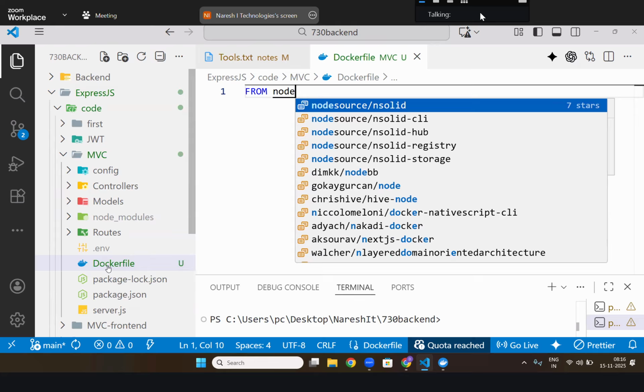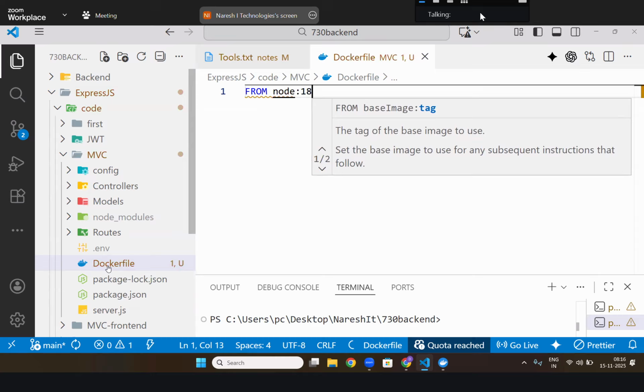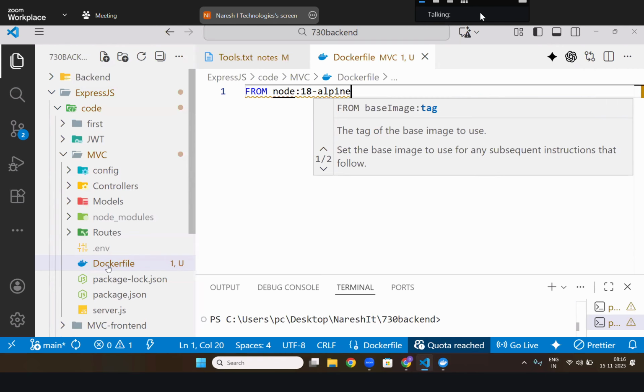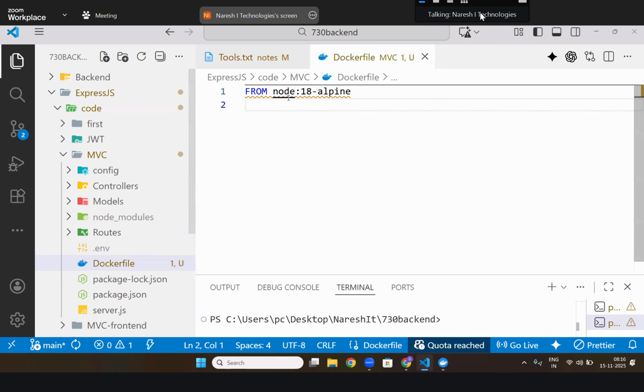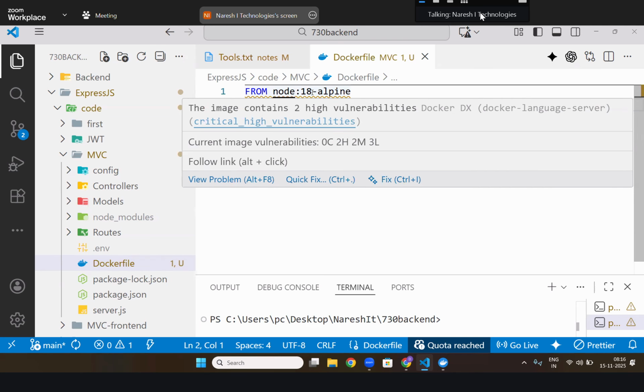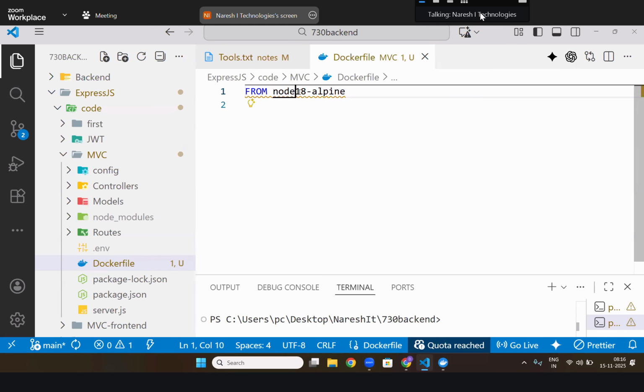Node 18 Alpine. What is this Alpine and all? That is the Node.js image. It will create the Node.js image. I think Node 18. From Node.js, it will create the image and